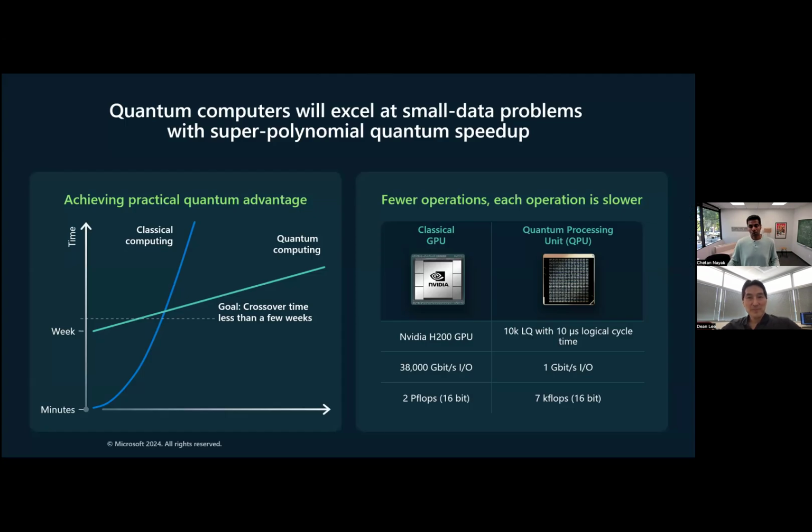Okay. Now, having said that, it's important to counterbalance that by saying quantum computers are not going to be better than classical computers, at least initially, at every single kind of problem. Because of what I mentioned about this exponential advantage, you can see that for certain types of problems, as I increase the complexity of the problem or the problem size, the length of time you need on a classical computer is going to take off like an exponential, this blue curve over here, whereas the quantum computer will just be linear, okay? So at some point, these two will cross over. However,